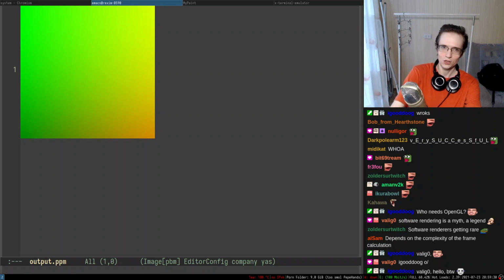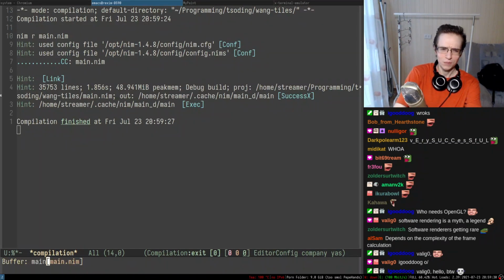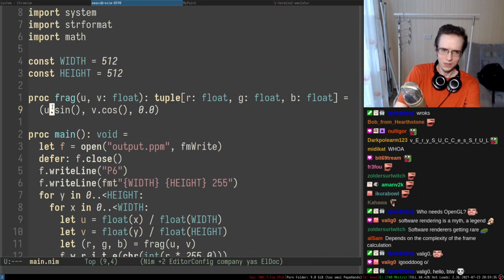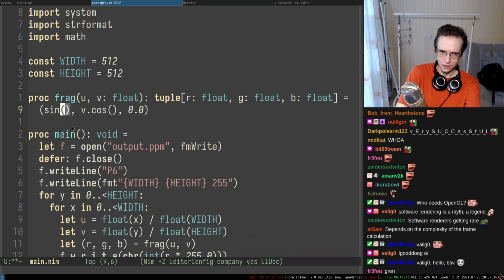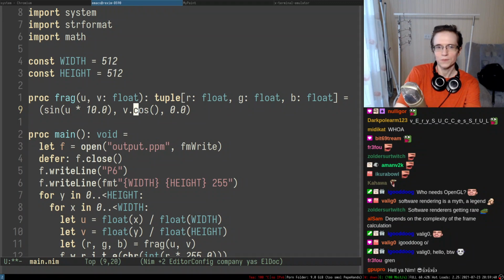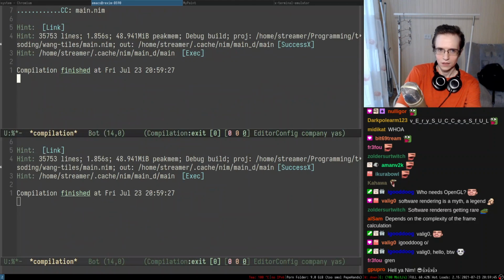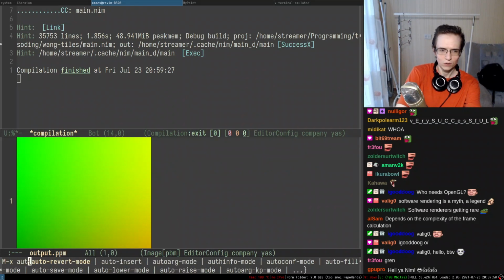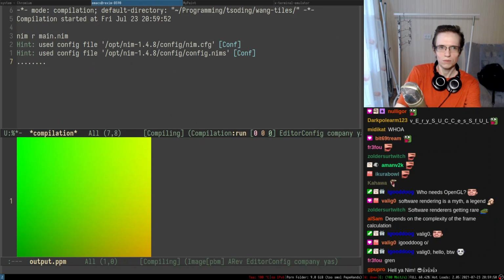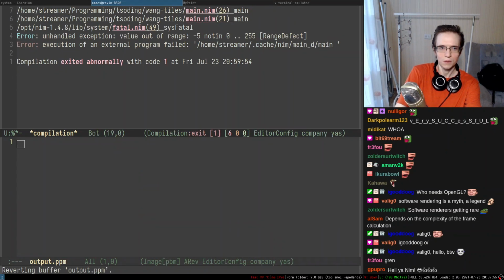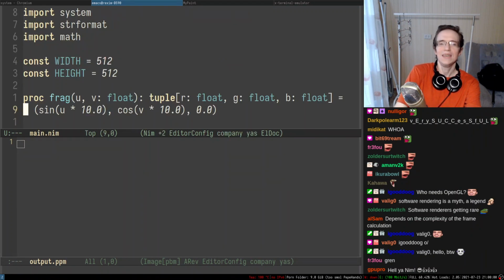So here we have this. Interestingly, maybe we can make it repeat a little bit faster. Again, I can actually put it in here and maybe multiply it by 10, right? Multiply all of that by 10, and let's see what's going to happen. Output, revert mode, and boom. Yep. Something, uncaught exception, value is bigger. Oh yeah.